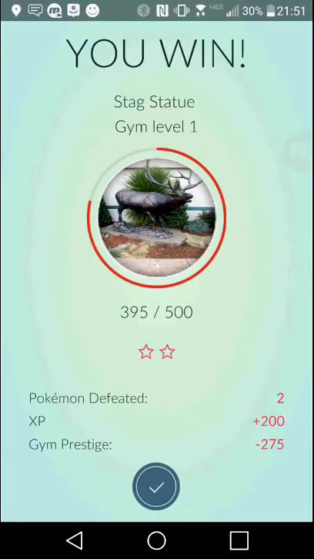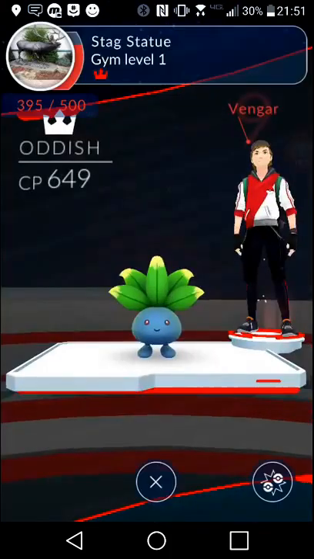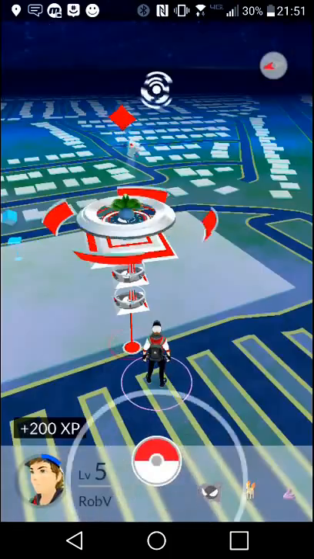So it looks like I fainted one Pokemon, but maybe two. I lost track in the midst of all the excitement. Gym level 1, took 275 more prestige from them, and I gained 200 XP for doing that, and defeated 2 Pokemon. Let's see what this gym looks like now. Hopefully, okay, now it's just Oddish that I have to finish off every time, so